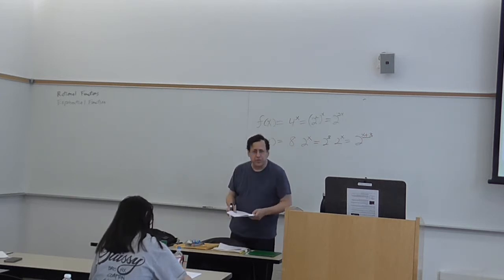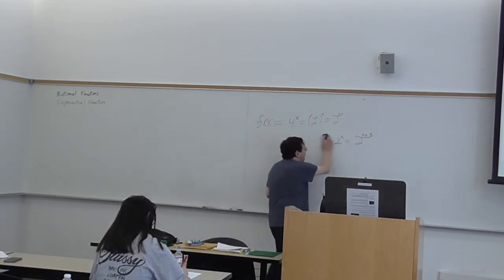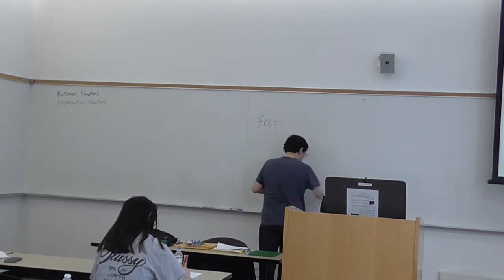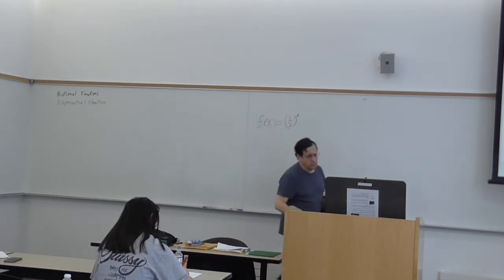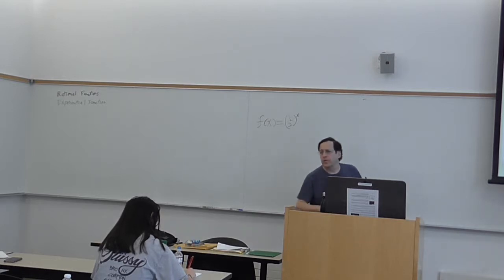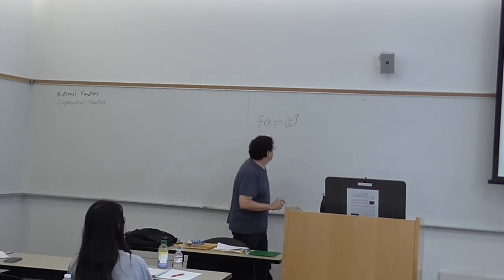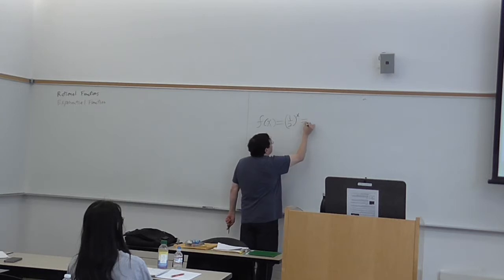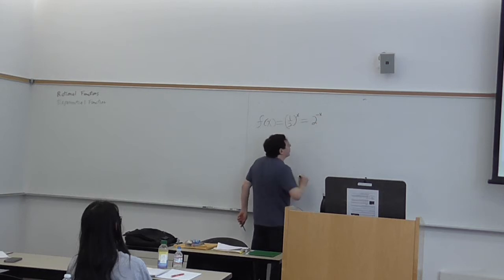Okay, so the graphs I've shown you have been increasing exponential functions. What about a decreasing function? Well, what's that going to look like? It's going to look just like an increasing function, except flipped around the y-axis. Now, that makes a lot of sense if you realize 1/2 to the x is just 2 to the minus x,